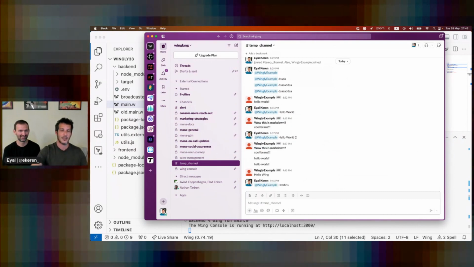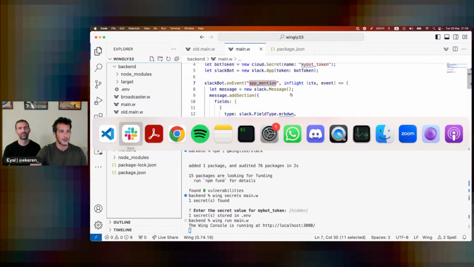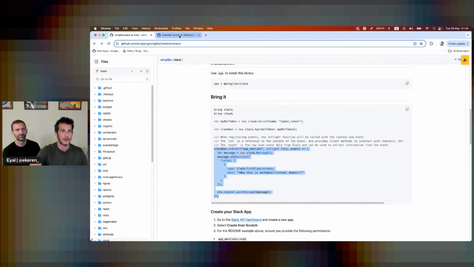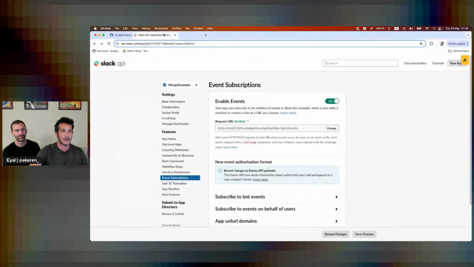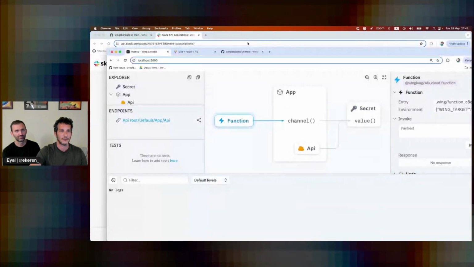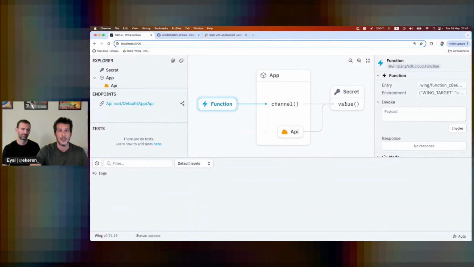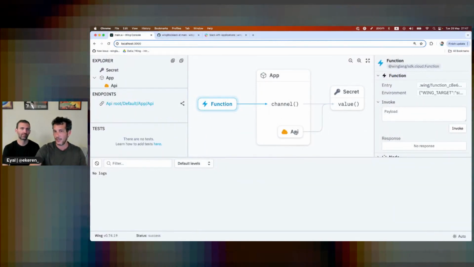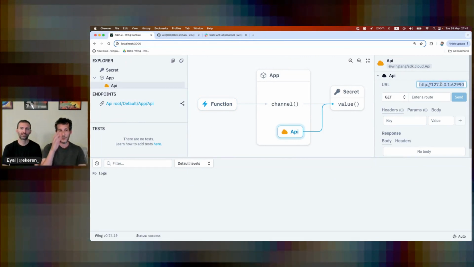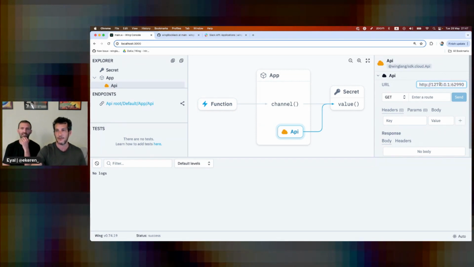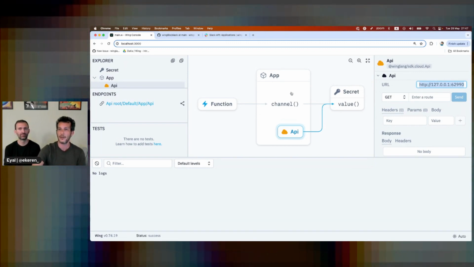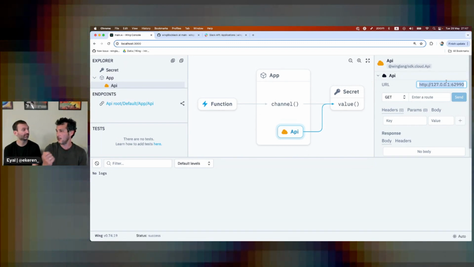So nothing happens. The reason it doesn't work is because of the actual application running here; I need to be on one screen. Let me bring both of them here. Okay, the reason it doesn't work is because the application's API gateway is only listening locally in here. You're running on your local machine, and Slack doesn't know how to communicate with your local machine. Exactly. So in order to do this, I first need to use something like ngrok to